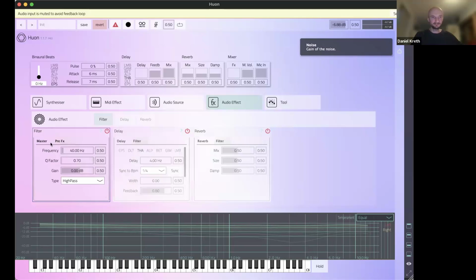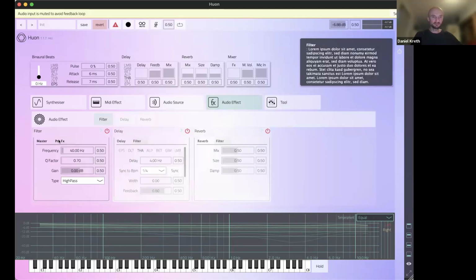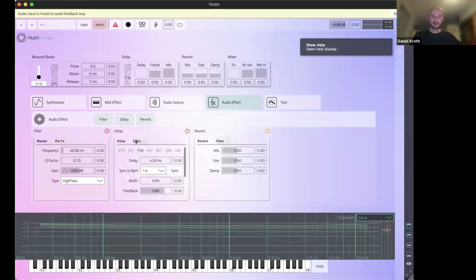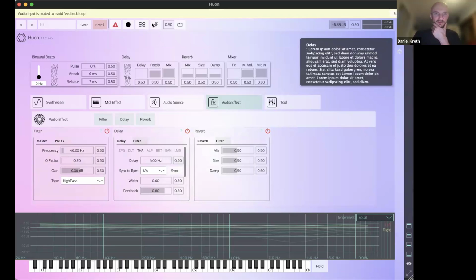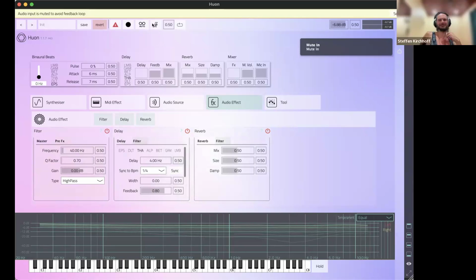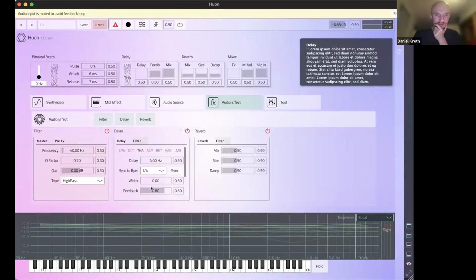You have the filter, the master filter and the pre-effects filter. You can filter the signal before it's going into the delay and the reverb. And here are the delay and the reverb. Each module also has a filter you can fine-tune your sound with. And let's see what it will sound like if I speak into the mic now. Hello? Right now there is